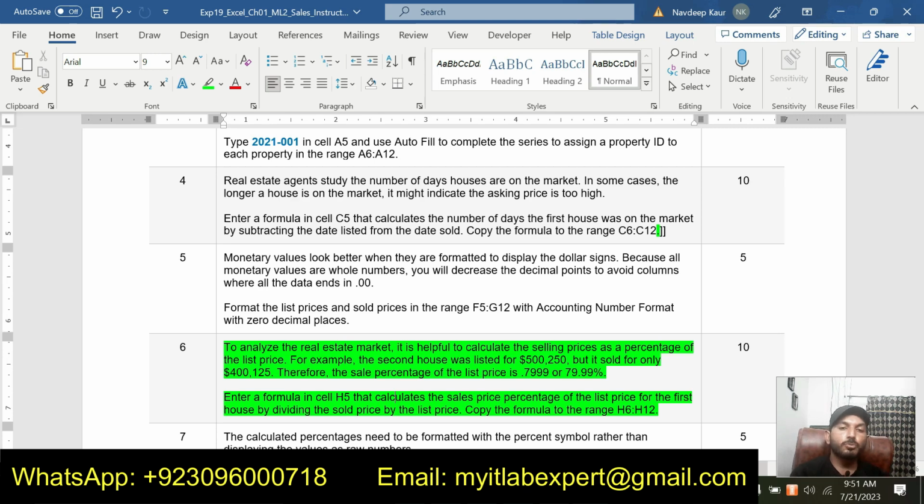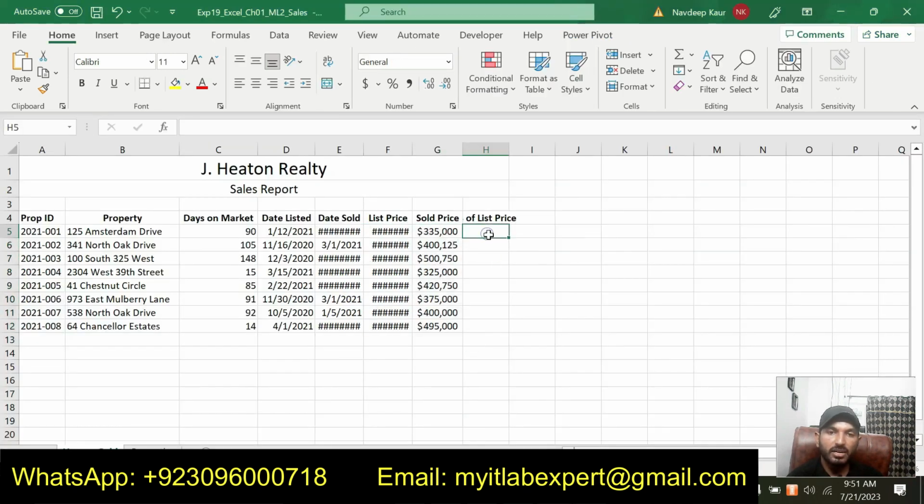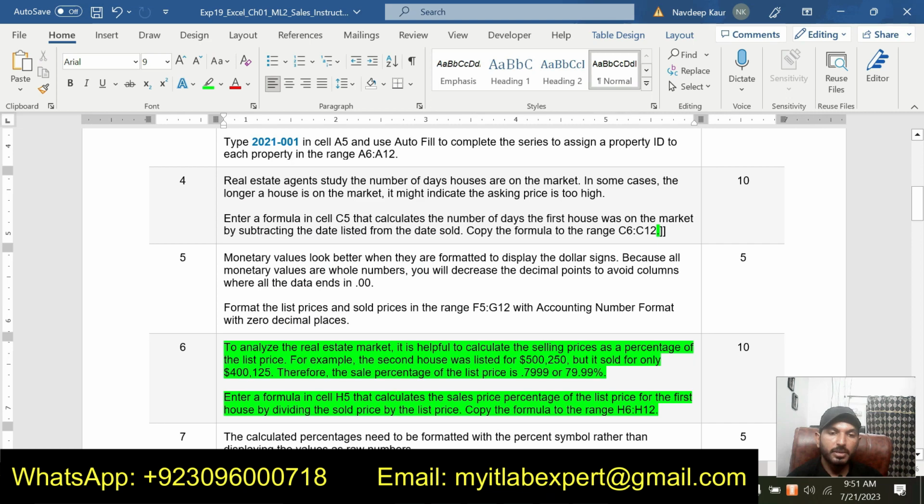So basically we are supposed to calculate the sales price percentage, and this sales price percentage we can get by dividing the sold price by the list price. So we will simply go to cell H5 and we are going to calculate the percentage of sales price.